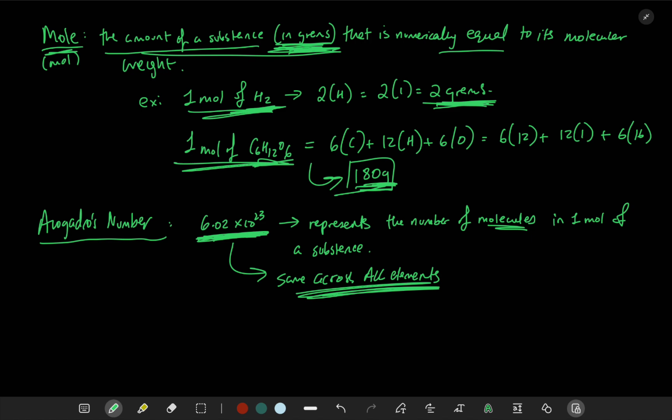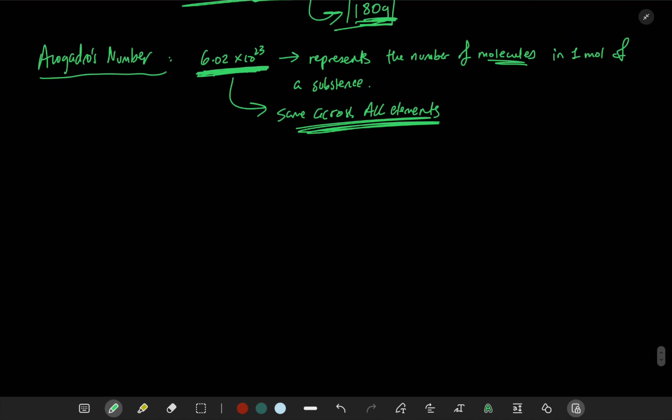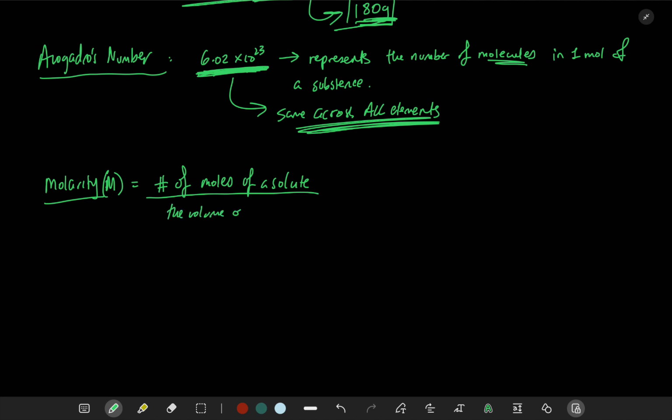But now let's talk about how we quantify solutions. Okay. Now solutions are a little different. So for solutions, we discuss it in terms of molarity. Okay, and molarity again is used to describe the concentration of a solution, and solution again being liquid, right? So let's define this. It's a mathematical formula. So molarity, capital M, is equal to the number of moles of a solute divided by the